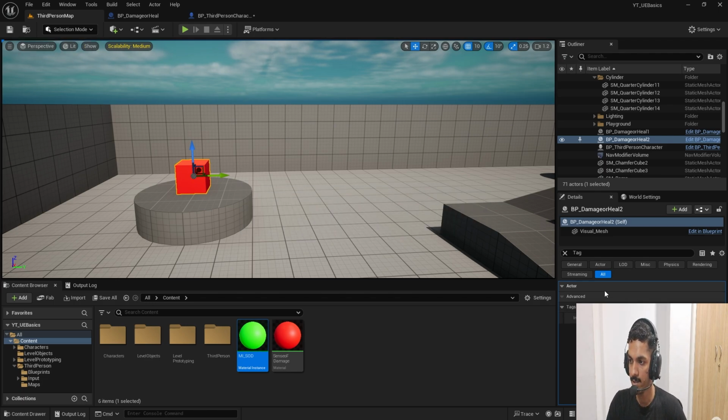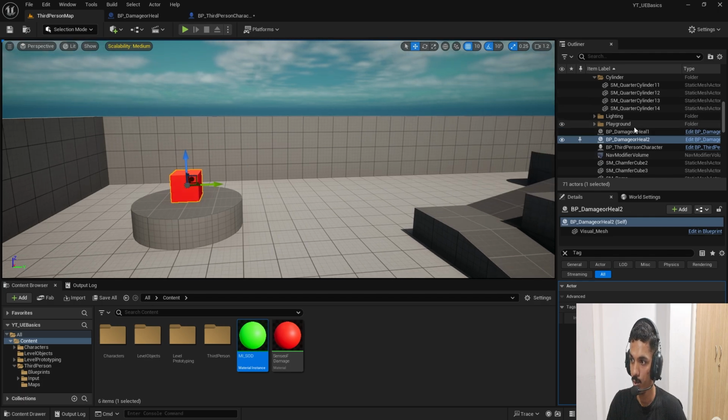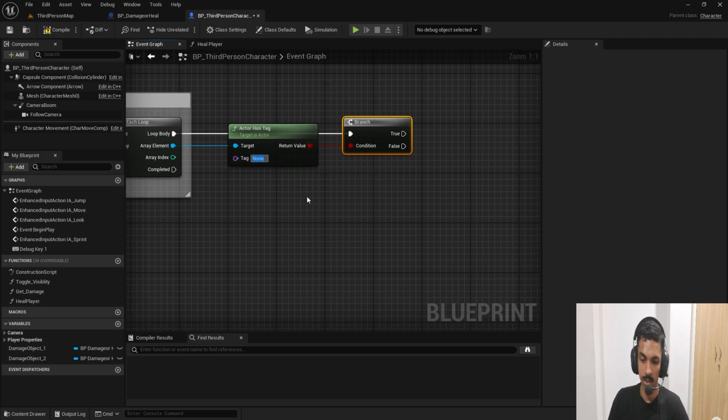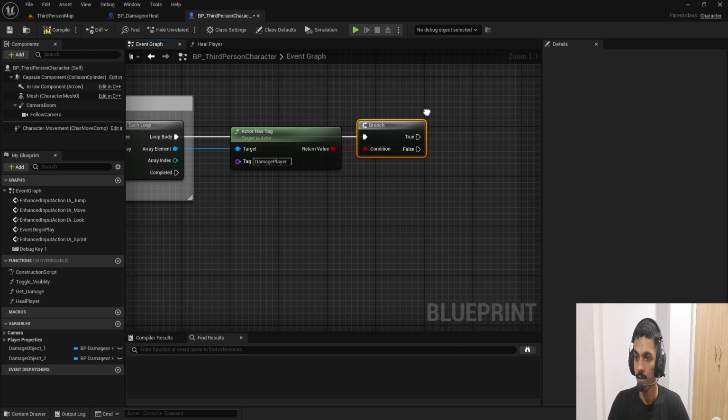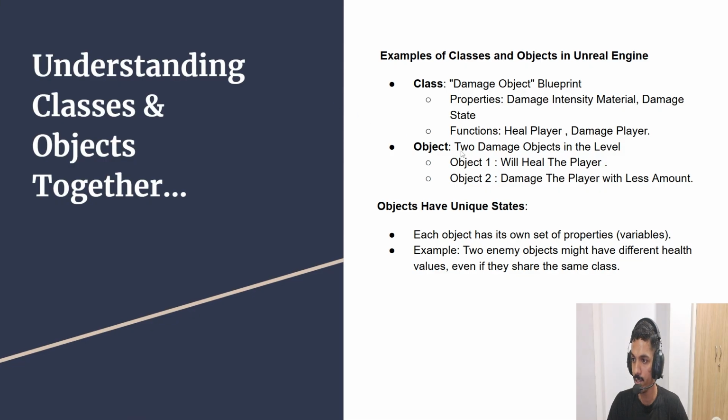So I've got to select this. I'm not giving anything in the blueprints. I'm giving it in the blueprint instances, which are in the outliner. So I'm getting back to this, and the name should be case sensitive, so you should be aware of that. So damage player. It means this one will damage the player, and according to our documentation we see here,